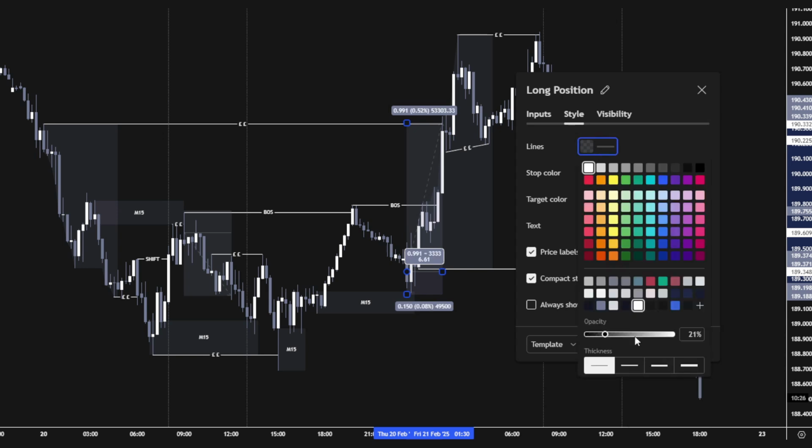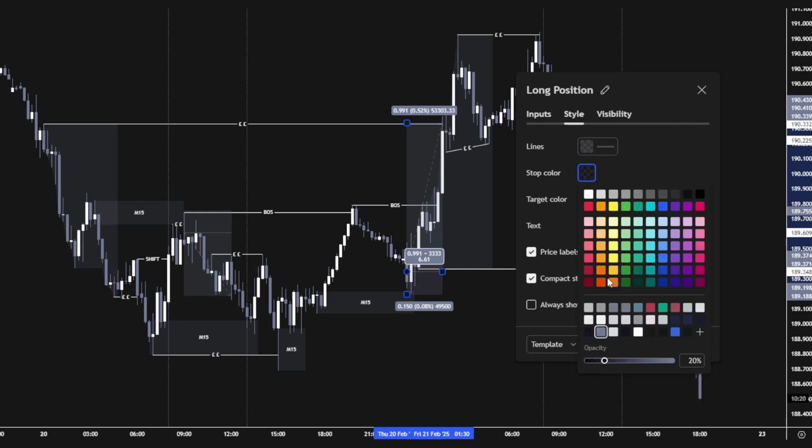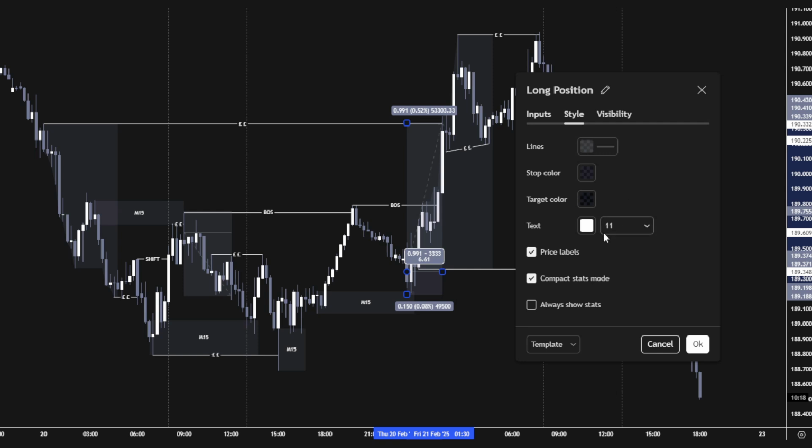But as you can see there, the lines here, I've got this pure white, and the opacity 21%. Target color is a grey but 10%. The stop color is also grey but 20%. The text is now white because I prefer the white color, because I used to previously have a white chart,